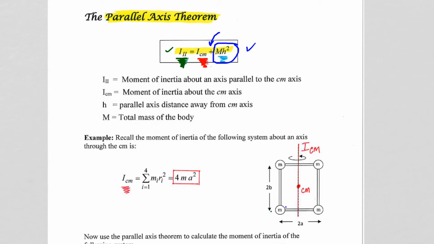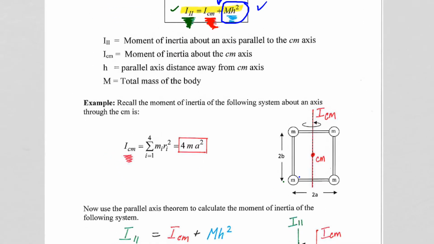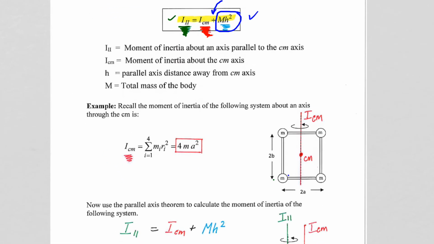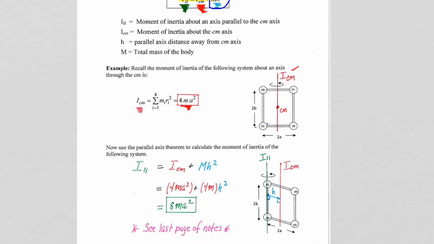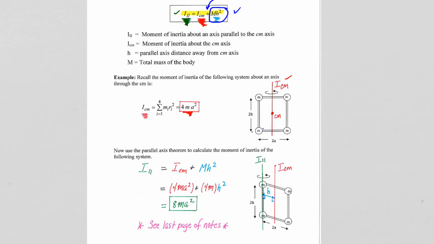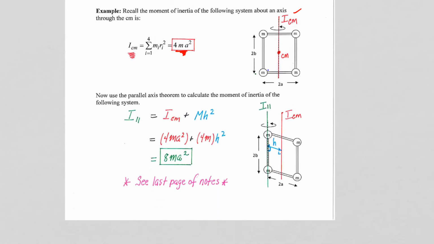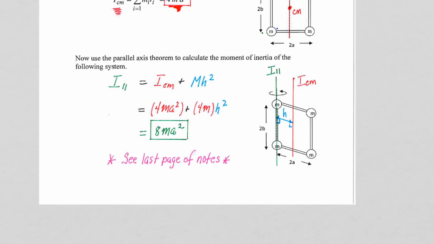So our red I center of mass, from our last example, so we're going back and just revisiting the same problem we just talked about, was the 4ma squared that we had through the center of mass axis. Now we're going to consider our new axis from the last page of notes to be our I parallel. So let's go down here. So now we have I parallel to I center of mass, and we are going to just utilize the parallel axis theorem